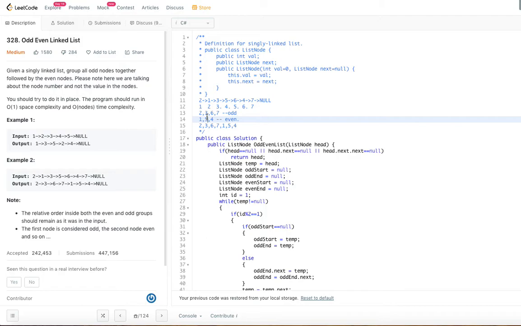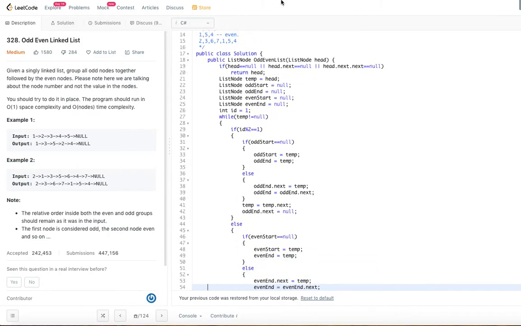We can probably go through an example with the code if needed. First, let's jump into the code. We are given a list head node, and the first thing we need to check is whether head is equal to null. If head is equal to null, that means it is a null list. There is nothing you can do, just return null, whatever the head is.